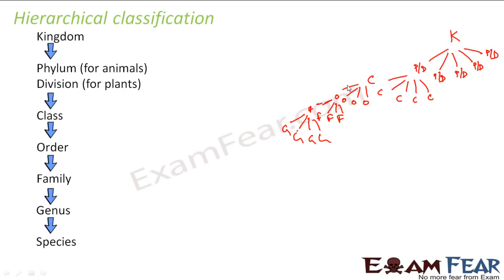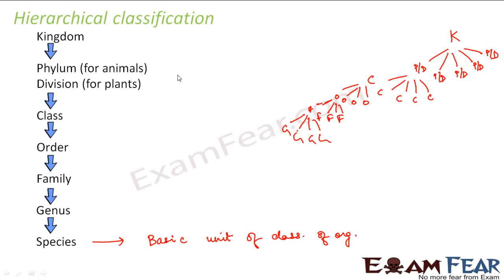So you can see that with this kind of a structure, you can put all the organisms that we see around us in some or the other place. Remembering this hierarchy is very, very important because as long as you don't understand it, you will not be able to understand the process of classification. Now we see that here species becomes the lowest level. So we say that species is the basic unit of classification of organisms.